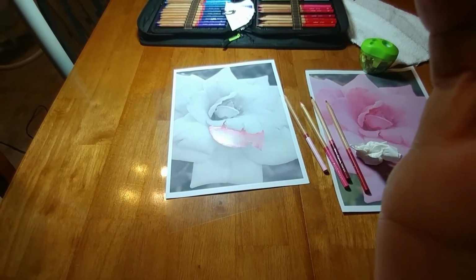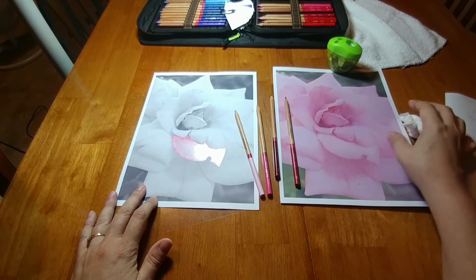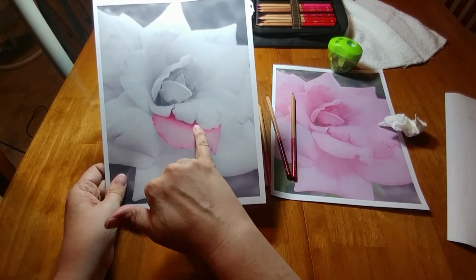All right, so to the right you see my original, and to the left you see the one I just colored. Look there. All right, I have more intense color